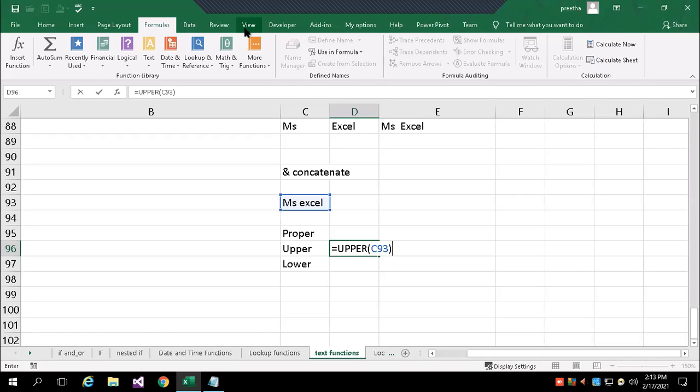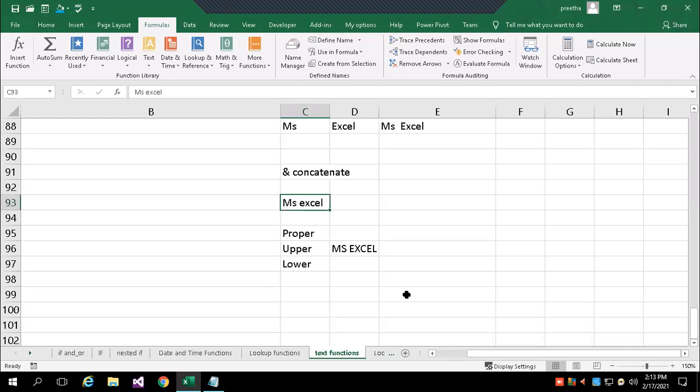So if I wanted to convert the full text into capital, then you can use UPPER within brackets, with one argument. I have given C93, the cell address where MS Excel is stored. Now you can see the text I have given there is converted to capital letters.